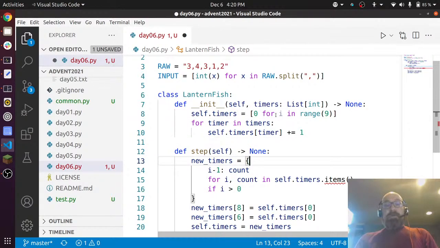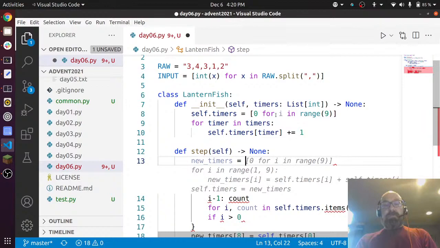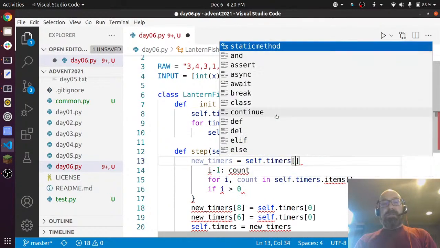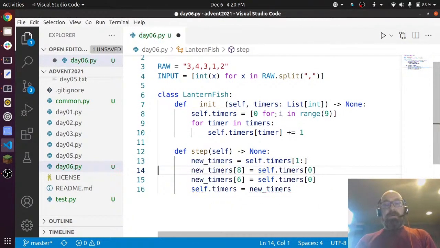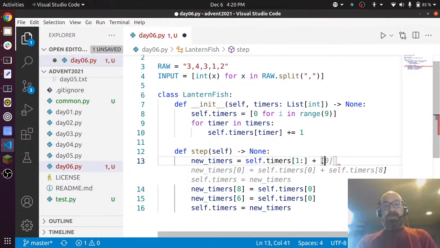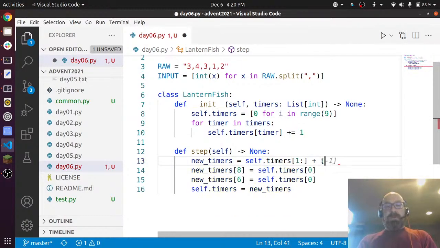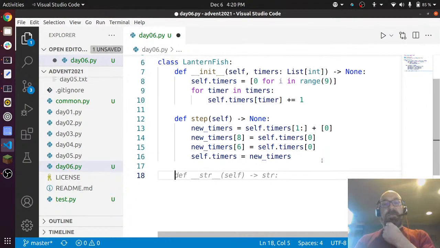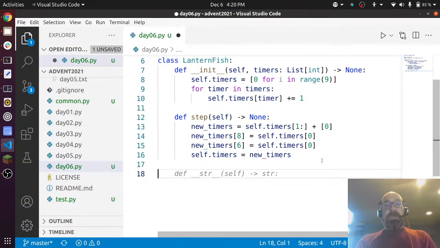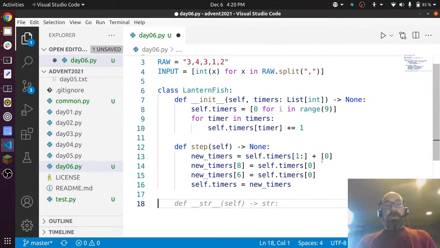And new timers equals, so now what I can do is I can just slice it, right? Self.timers 1 plus 0. Okay, new timers 8, self.timers. And now if they change the timings, that will screw me up, but I think that's right. And this is cleaner with, okay, and so